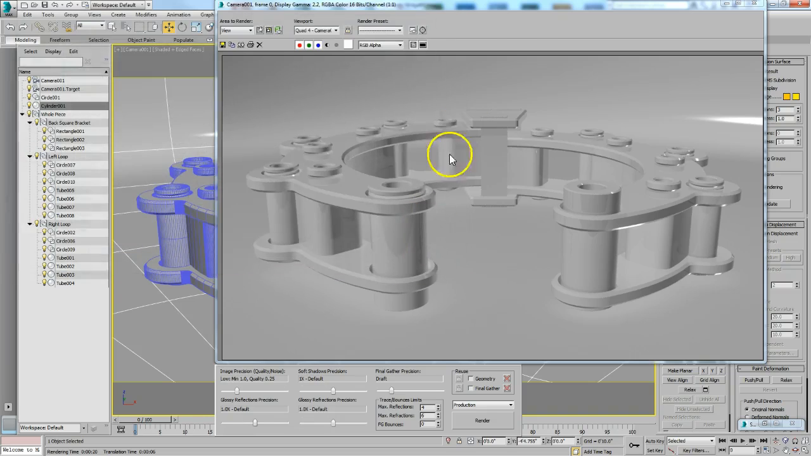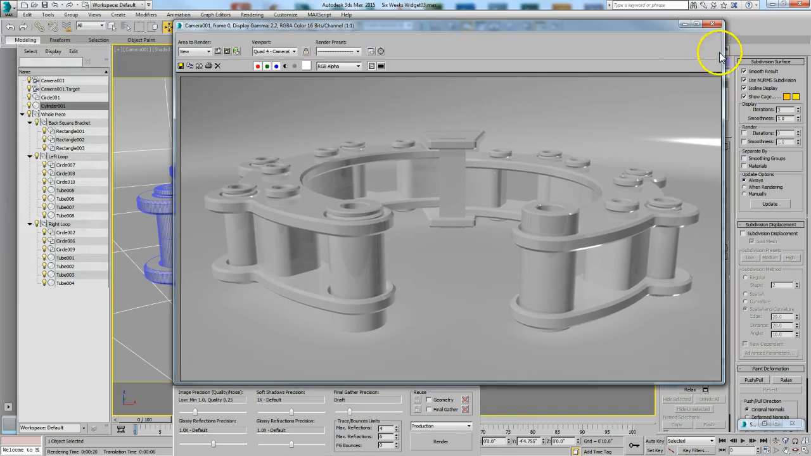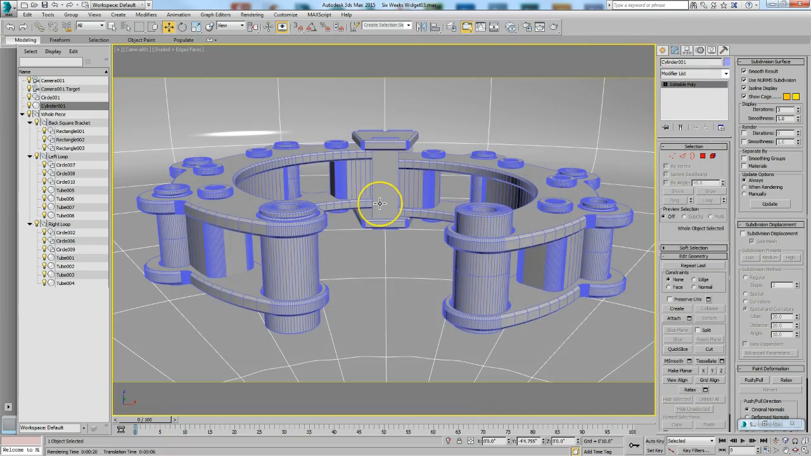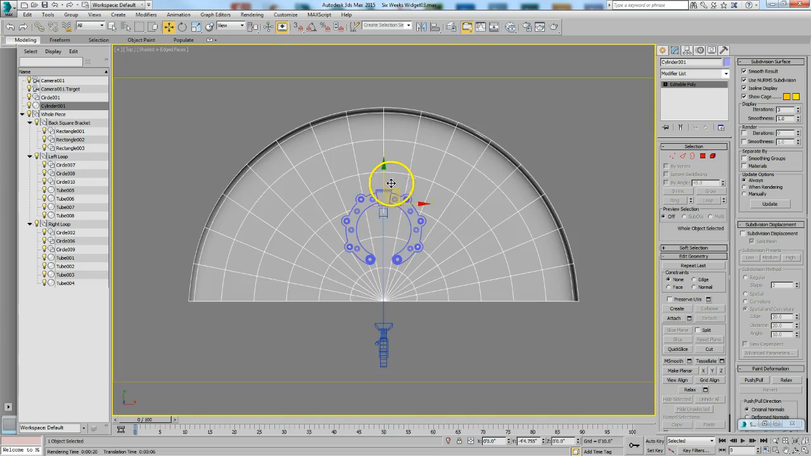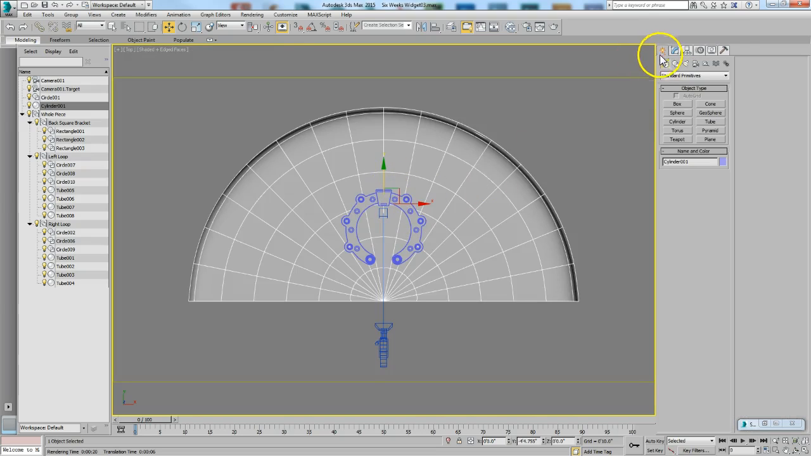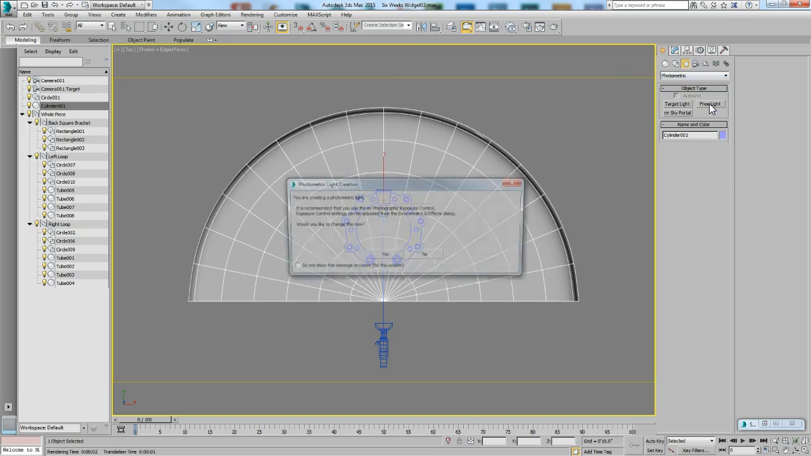Need to be saving in stages all the time in case something happens. And I'm keeping all my render settings low on this, okay? All right, so now we want to start putting some lights in here, okay? So what we're going to do is go to the top view. And we're going to go to lights, photometric, and we're going to get us a free light,